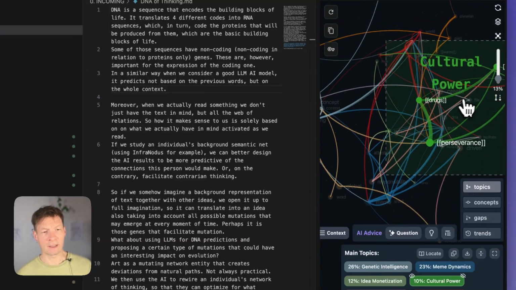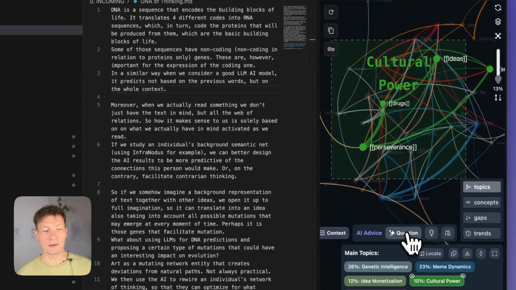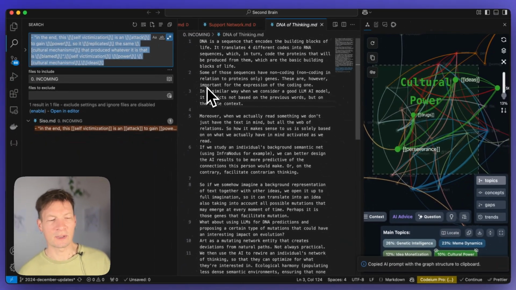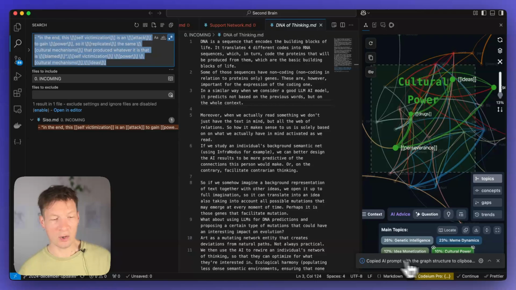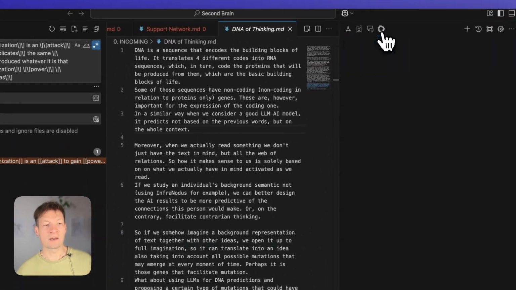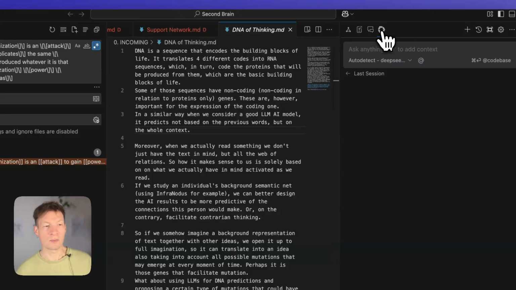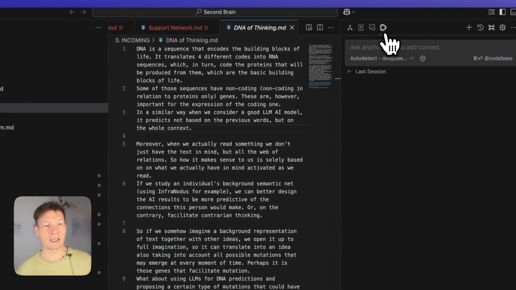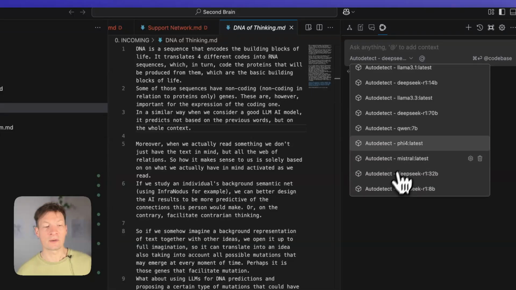So for example, then I click on cultural power. I can use InfraNodus to generate a prompt that will talk about this topic that I was thinking about, but I kind of didn't develop it. When I click on this, it copies it in the clipboard as it informs me here, and then I can use another extension called Continue. You can download it from the extension store on VS Code. And in Continue, you already have the model automatically identified. So I can choose here that I'm going to use DeepSeek